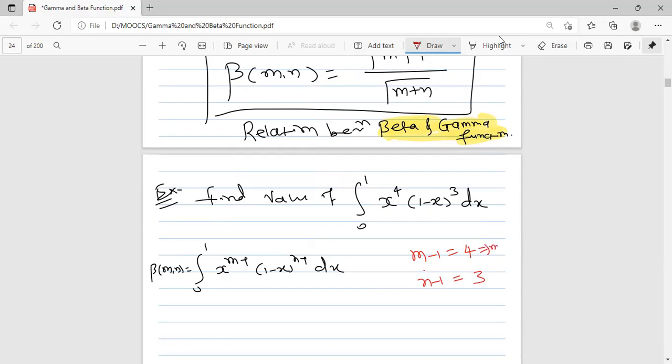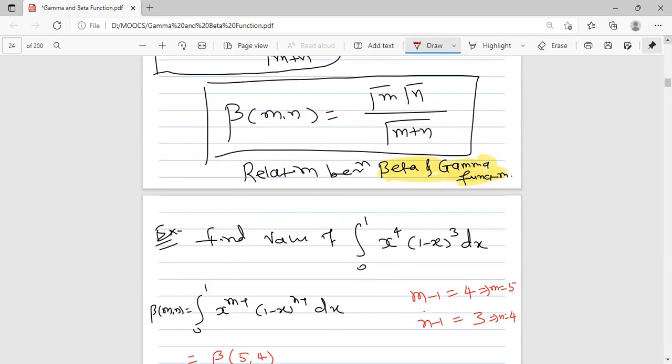So m is 5 now, n is 4. Therefore, this is nothing but beta of 5, 4. Now I will use this formula. Beta of 5, 4 is equal to,